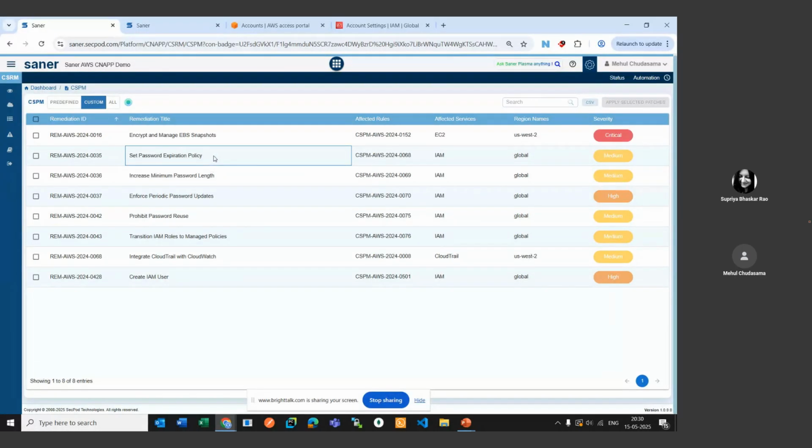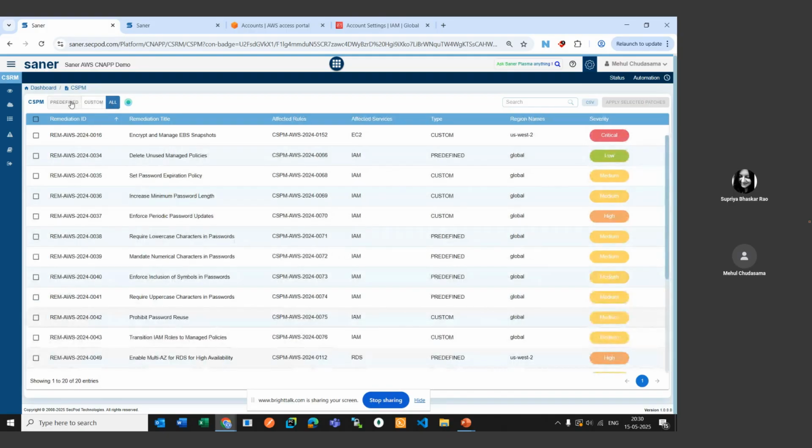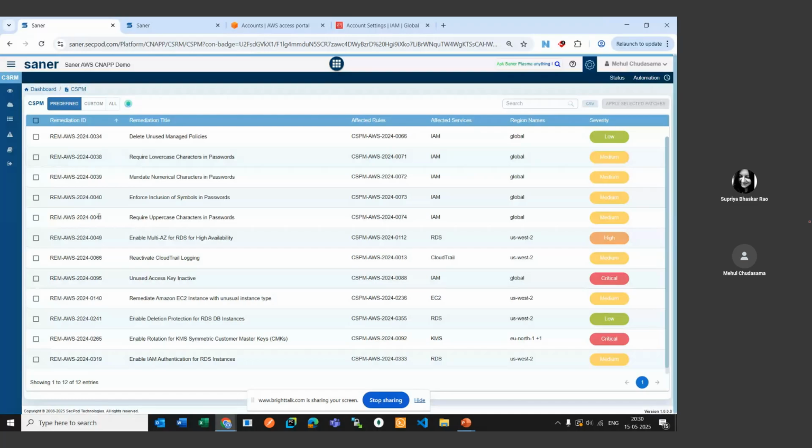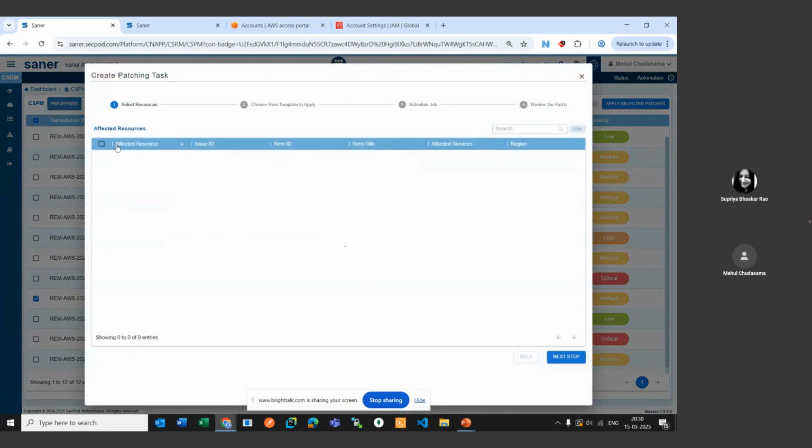So that you'll have to specify. So that's why it has been put into the custom tab. And then you have all, which is a combination of predefined and custom. So you come here, you select a patch. For example, this one remediates the Amazon EC2 instance with unusual instance type. So one of our CSPM rules has identified that one of the EC2 instances is having an unusual type, which was m1.small. So you select the remediation patch, you apply the selected patch, it will show you the